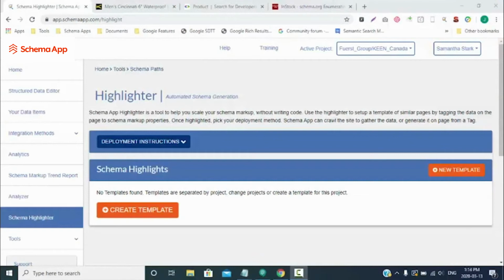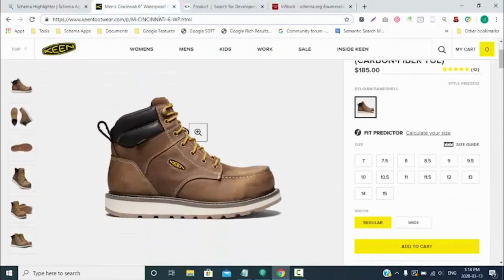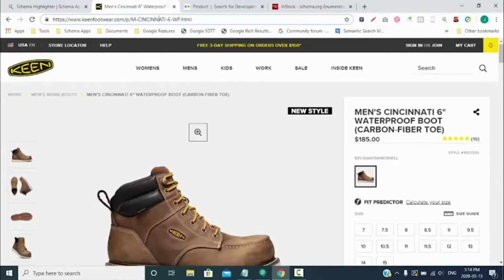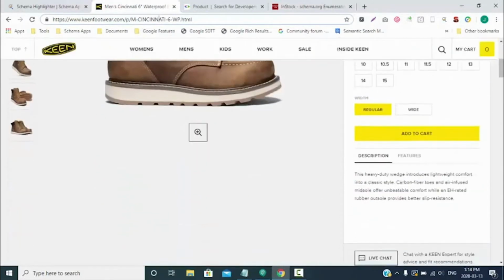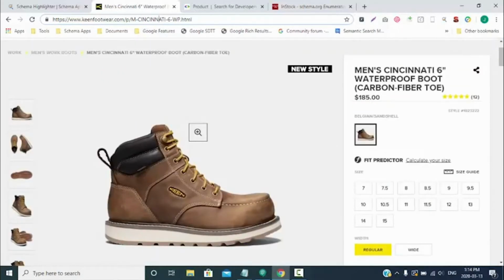Today we're going to go through creating a product template using the Schema App Highlighter. The page that I'm going to be marking up is a boot from Keen. This is representative of a number of other product pages that follow the exact same kind of format. So I'm just going to grab the URL here, copy it,